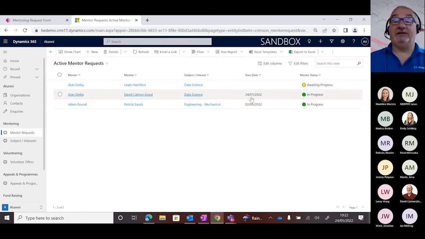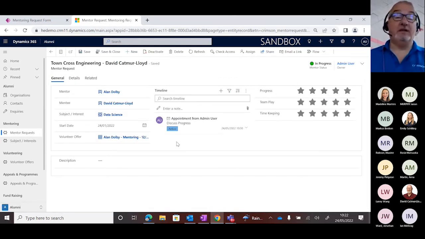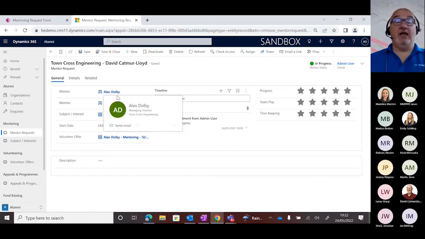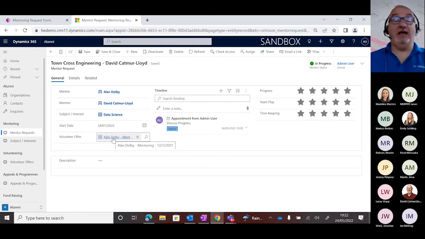If we look at the one that Alan is doing, where he's mentoring David, and I open that record, what we've got is the base of the record, which allows us to capture who the mentor is, who the mentee is, what the subject is, and the start date. So when did the mentoring actually commence? And this is showing that he came through a volunteer offer. So Alan volunteered to be a mentor for the university, and we're linking that back to that particular